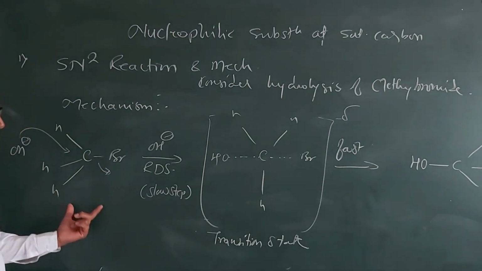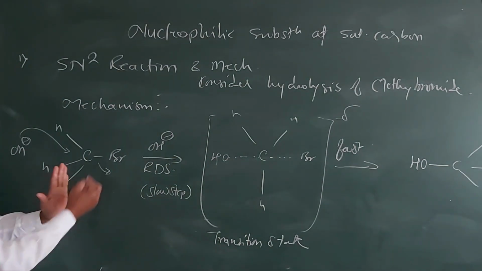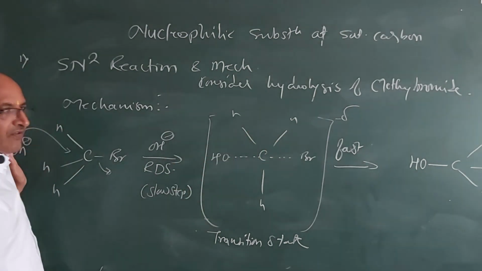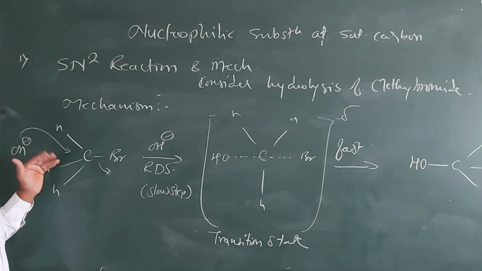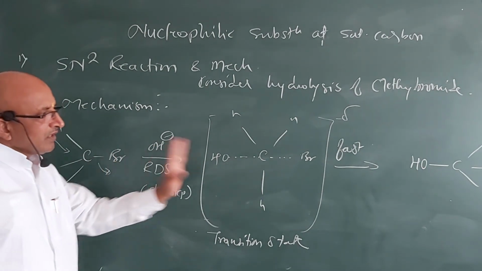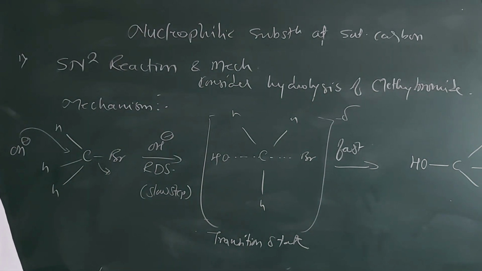So you must have seen these two structures which I have written on the board, in the reactant and in the product. Here the Br is on the right hand side, whereas the OH is on the left hand side, because when it attacks from the back side, it attaches from the left hand side. And so we get inversion in configuration. And so this is your overall reaction or the mechanism.